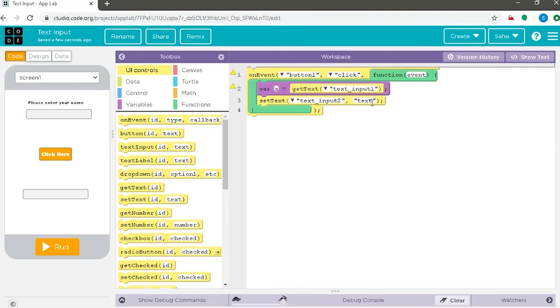Yes, so whatever we have entered as our variable, that should be responded. So we will be setting the set text command to X. So this means that the user enters the data in text input 1, which is stored in the variable X and which is again extracted from the variable X by the text input 2 to respond to the user.